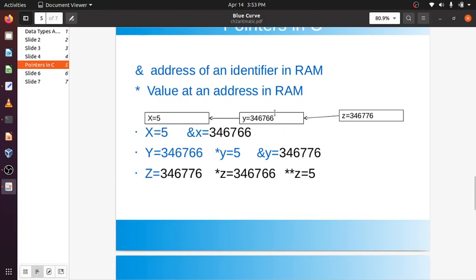Now what is the byte length of this variable? 4 bytes, 2 bytes, or what?